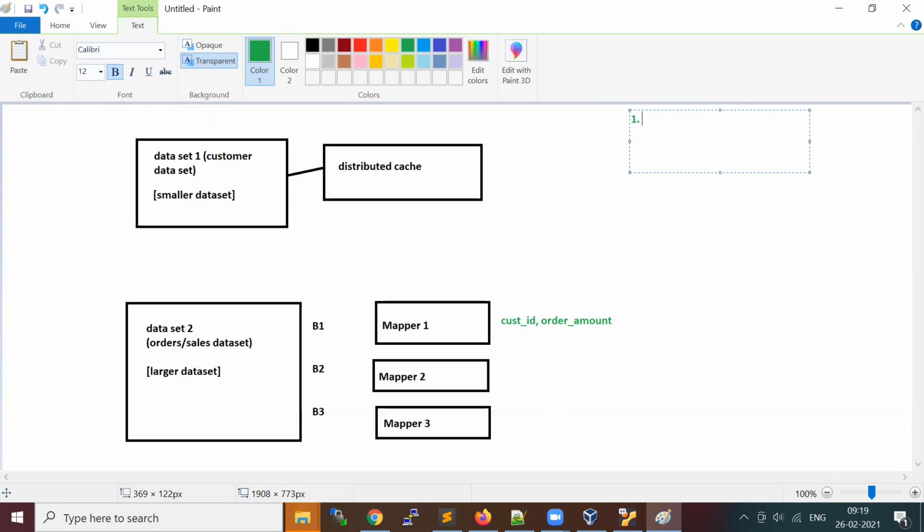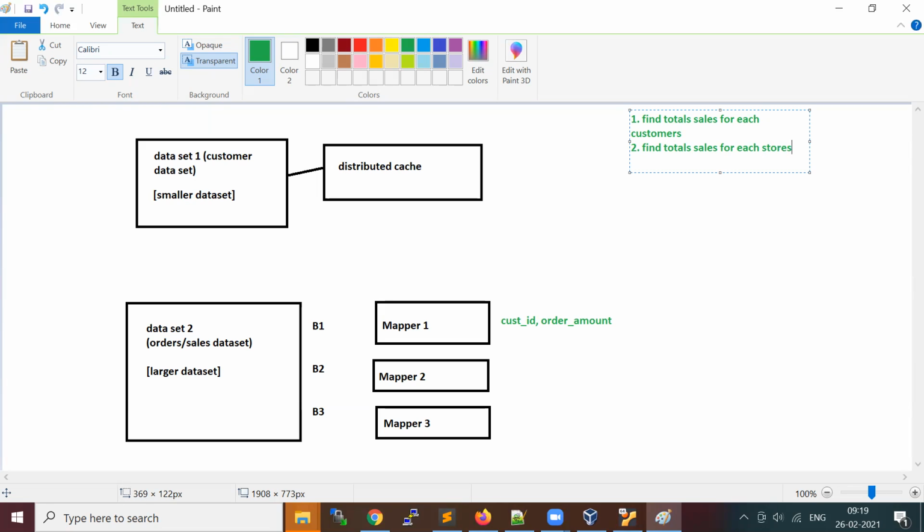One scenario is to find total sales for each customer. The other is to find total sales for each customer, for example store wise, based on store,